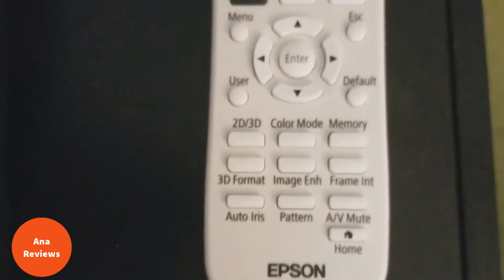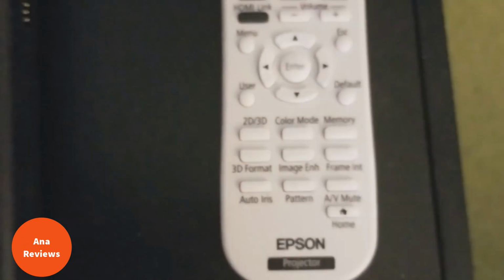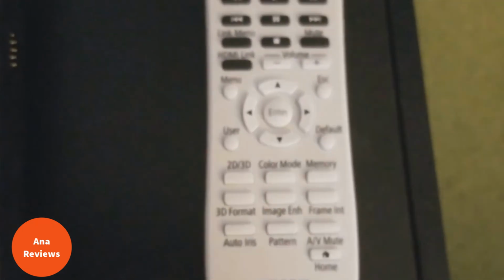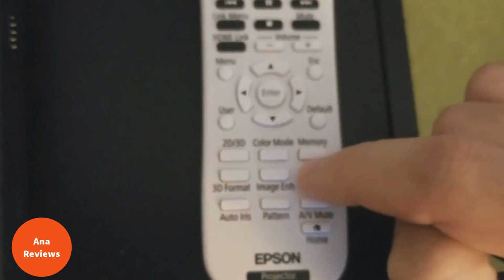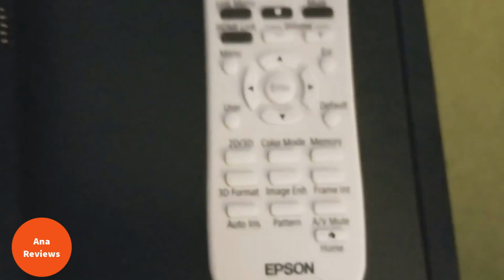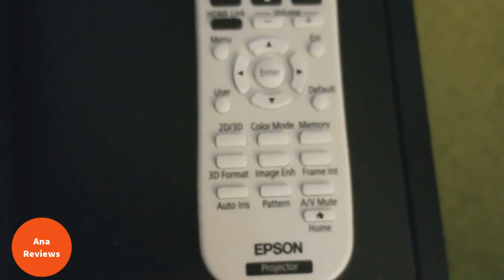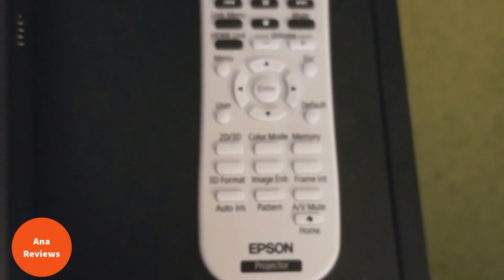And this is the remote right here. It's nothing special. It has all of the features you need to get you started, from all of the options that are available, from 2D to 3D conversion, color mode, memory, 3D format, image enhancement, frame, I forgot what that's called, frame. What it basically does, you adjust your frame. So that way, if you want to paint your wall, you can use this frame adjustment here to adjust your frame to see how many inches diagonal you want to have, you know. Before you start painting your wall or before you put up your screen,